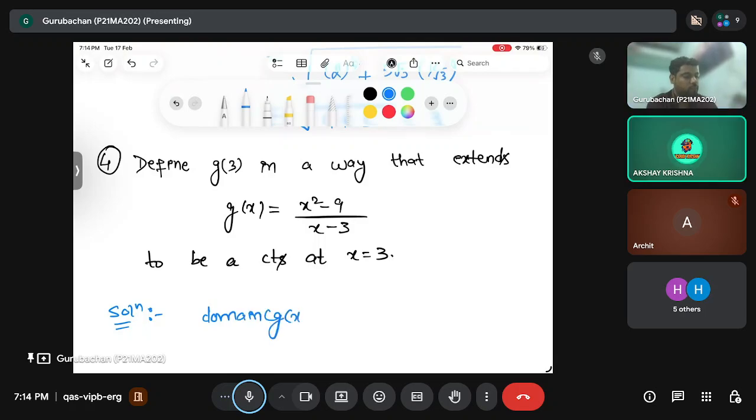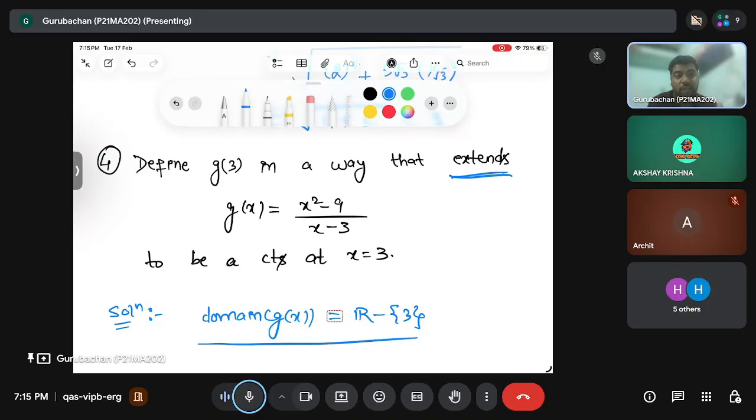Real number minus 3. So it is obviously very clear what is the meaning of extension. You know very well your function g(x) is not defined at x equal to 3. But if its limit exists at 3,